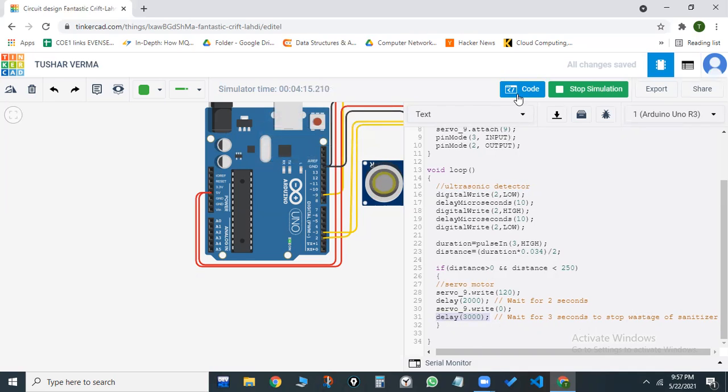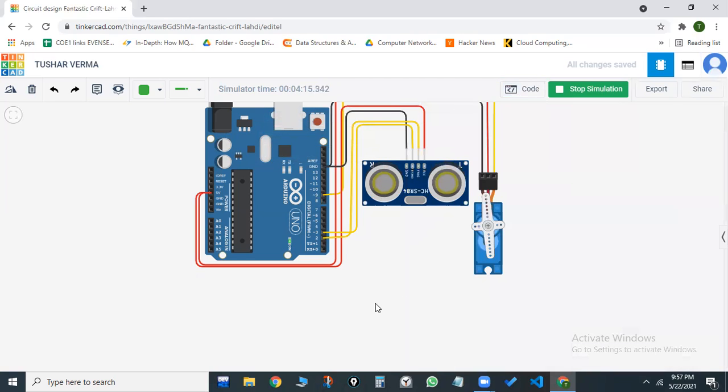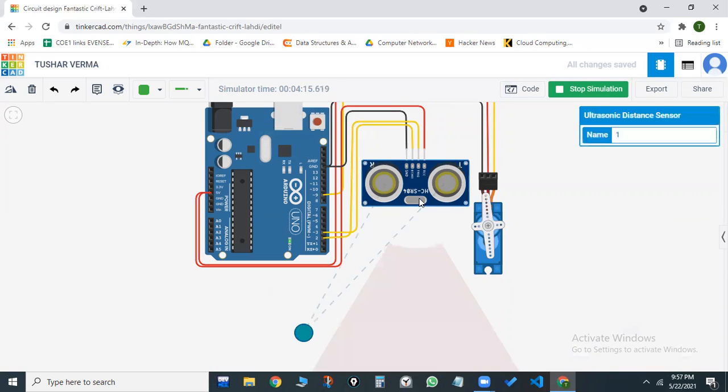I'll now like to demonstrate the working of this device that I've made. So let's assume this is a human hand or any other object. When this is in the range of 0 to 250 centimeters, you can see the servo motor turns, and it pushes a physical piston actuator of a sanitizer bottle. Let me just draw that for more visual clarity.